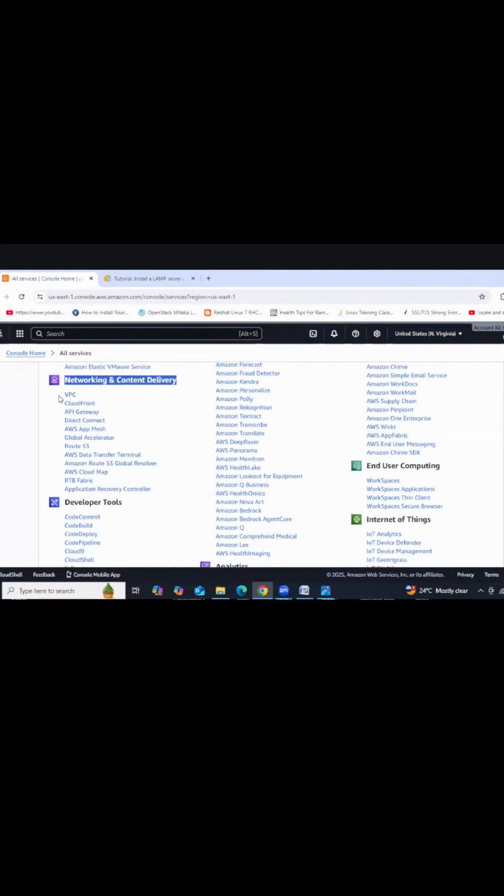Inside this module you'll have the service called VPC. If you want, you can search VPC directly in the search bar also, it's not a problem. Now at present, which region are we in? North Virginia. I'm launching the VPC in the North Virginia region. So first step, log in as your root user or admin user, then navigate to VPC.